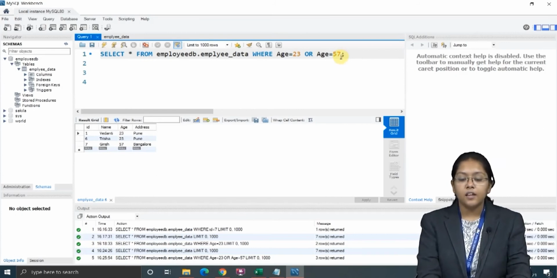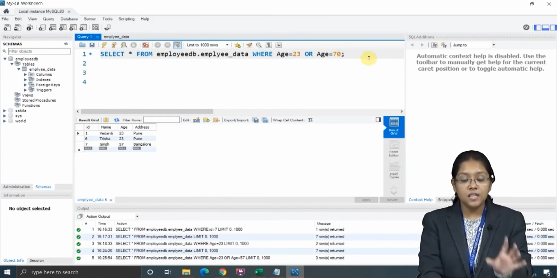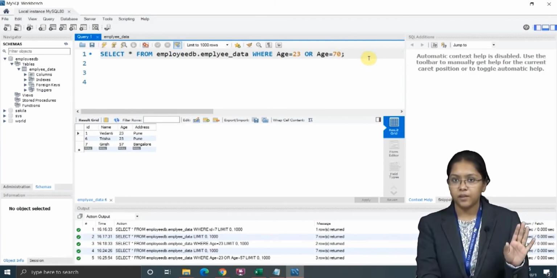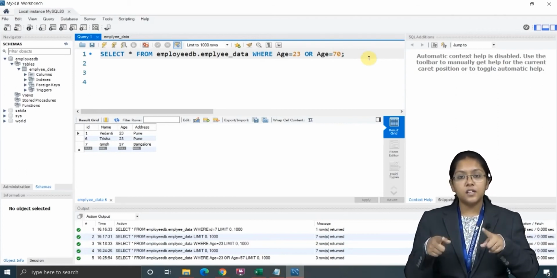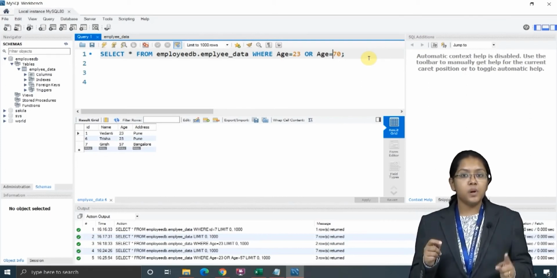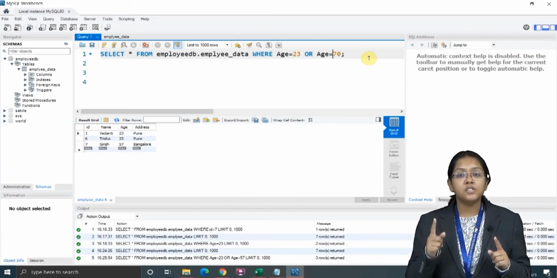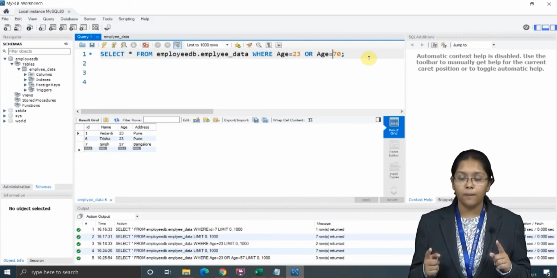Now again, here if I take 70, this particular age was not present in our table, right? But now I have given this 70. If you consider this syntax properly, age 23 is present, so it will give me a true value, whereas age is equal to 70 is not present, so it will give me a false value.